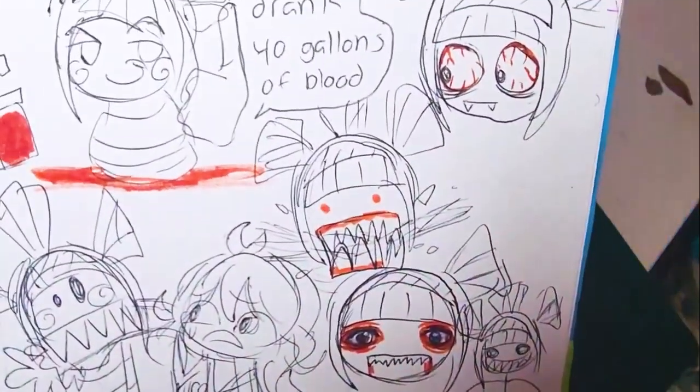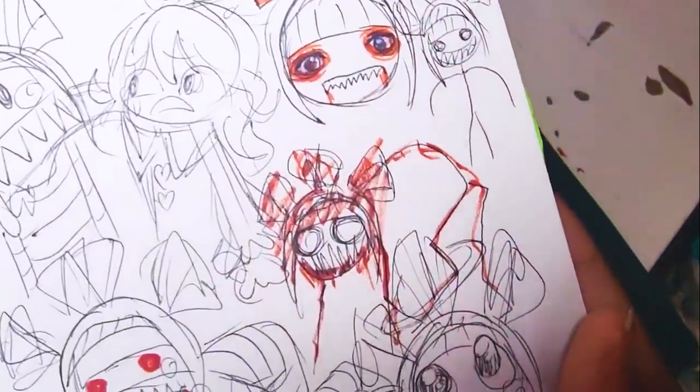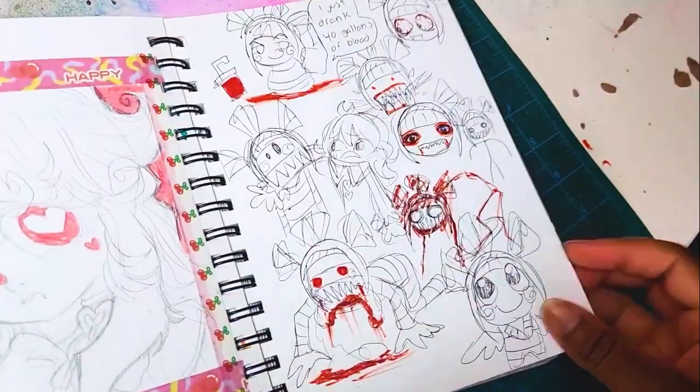I just drank 40 gallons of blood. Good for you, pal. This is one of those redraws of those gory stick figure things. Oh my goodness. I don't think I need a gold wing for this. It's just goofy stuff, so...